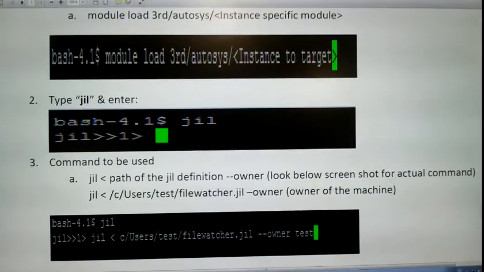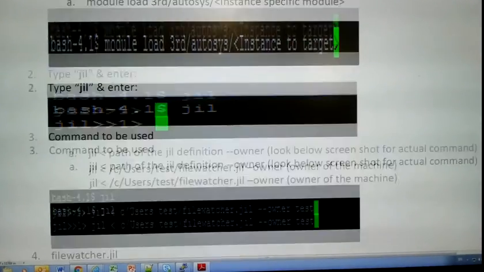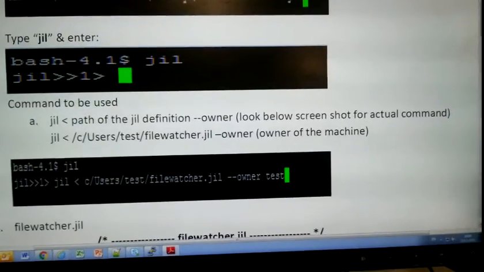After loading the module, you can see my step number 2, where I have put the screenshot.